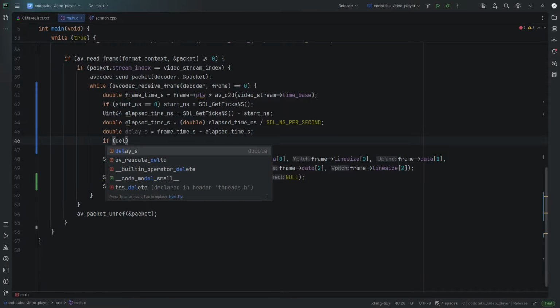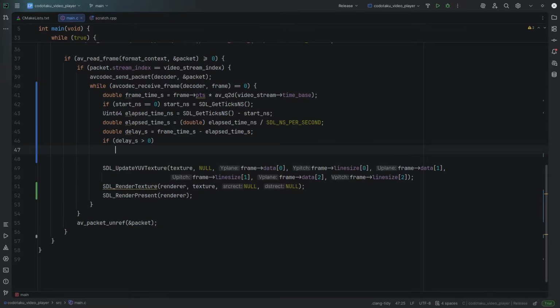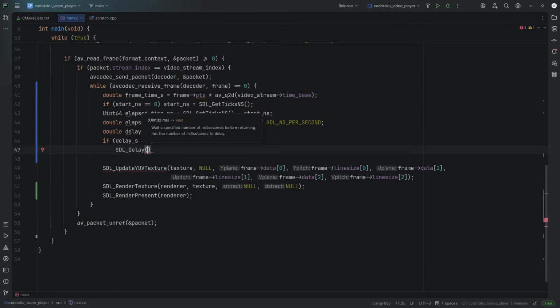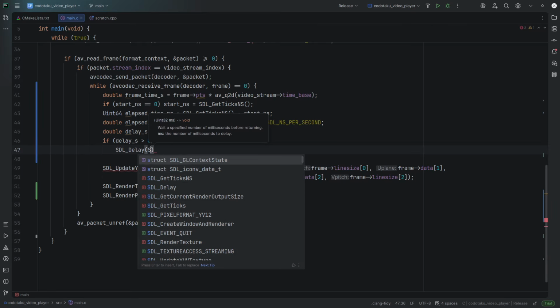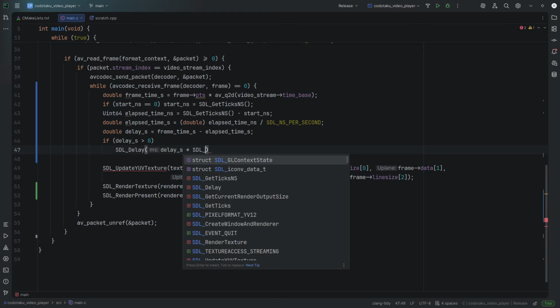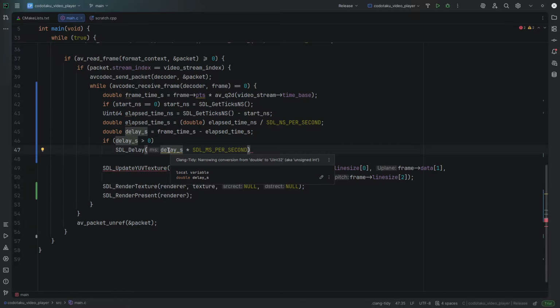Now if delay seconds is greater than 0, that means we need to slow down, right? So we're going to delay by what? By the delay in seconds, but SDL_Delay takes milliseconds. So we could basically say delay seconds times, like, milliseconds per second, right? But the problem is this is actually a double, so double,